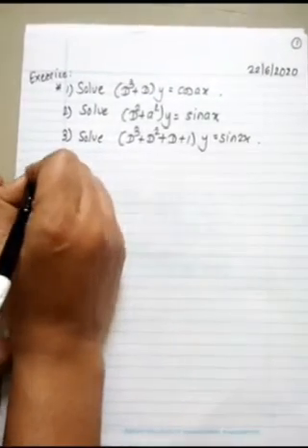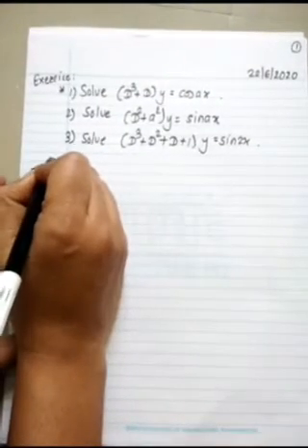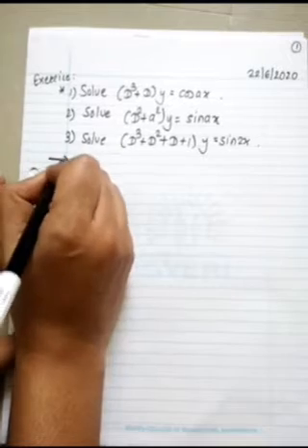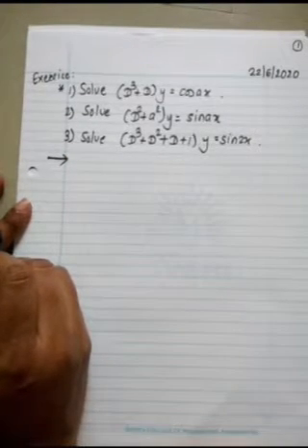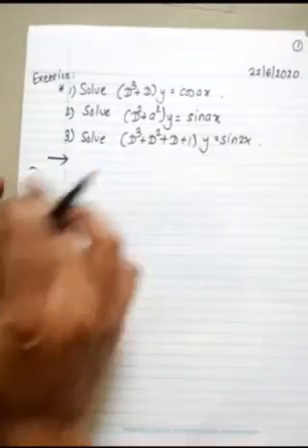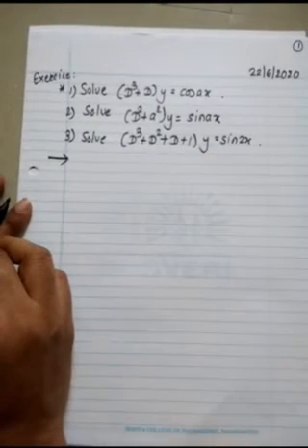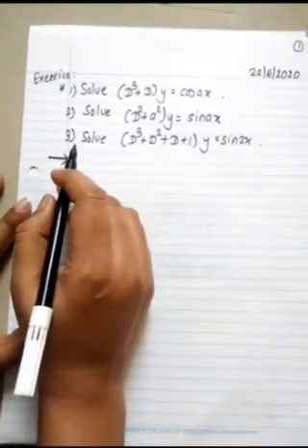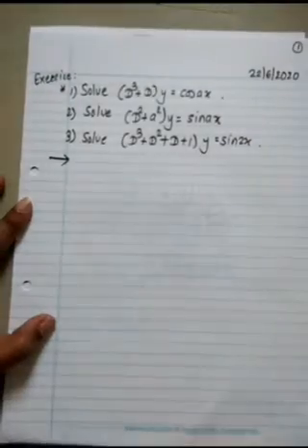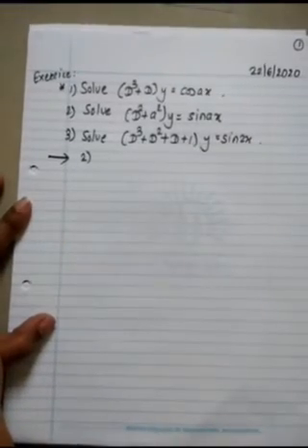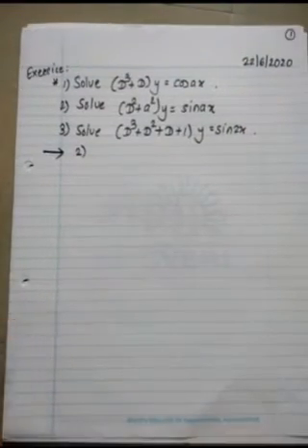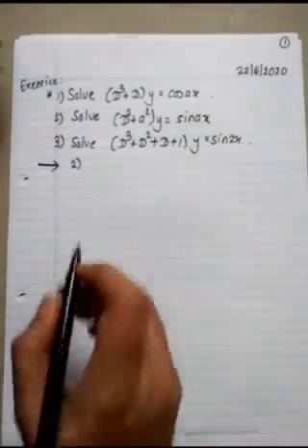Have you solved them? Is there any doubt in solving any one of them? Or do you want me to solve something, any one of these? Second, ma'am. Okay, first and third you will solve yourselves then? We'll go for the second. Yes, ma'am. Second only? Yes. Okay, then we'll solve the second.